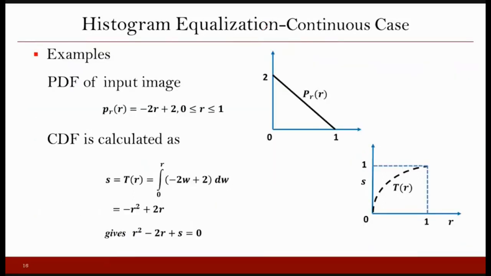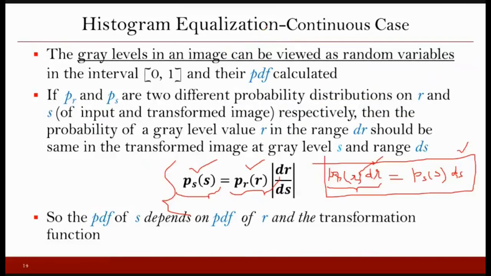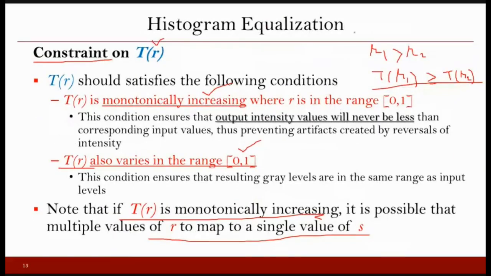Okay, we can see one example here, and the other requirements you can see here are also satisfied. If you go back, the first requirement was that it should be a monotonically increasing function. So the CDF is always going to be an increasing function, because if R1 is going to be greater than R2, let's